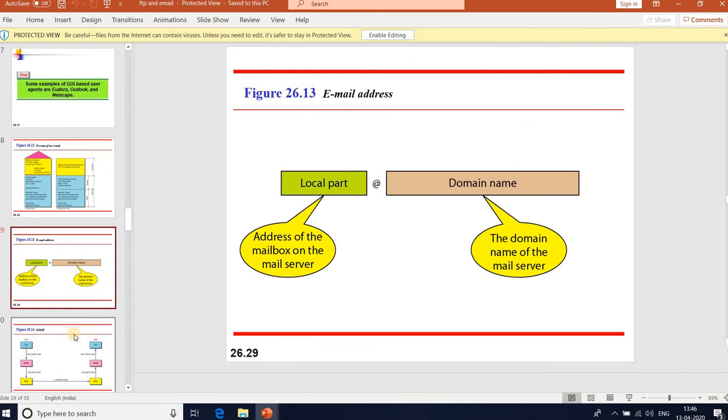Generally we type a mail address, for example Vikram Narandas at gmail.com. So Vikram Narandas is the local part, and the domain name is gmail.com. The domain name is that of the mail server, and the local part is the address of the mailbox on the mail server.